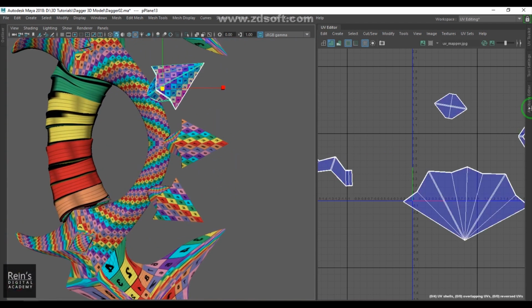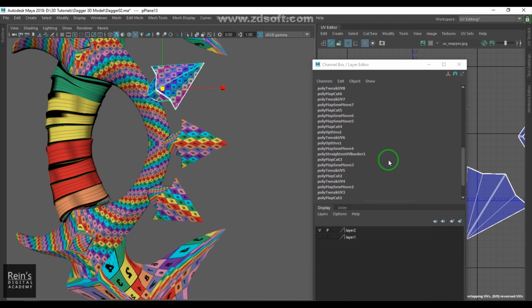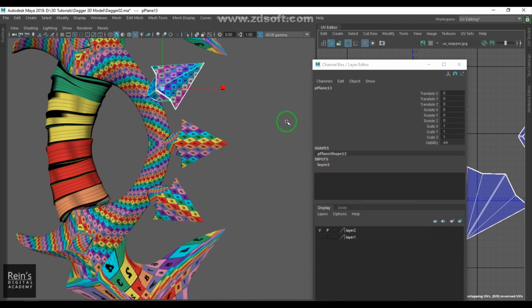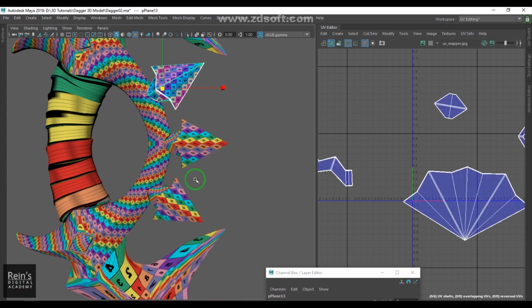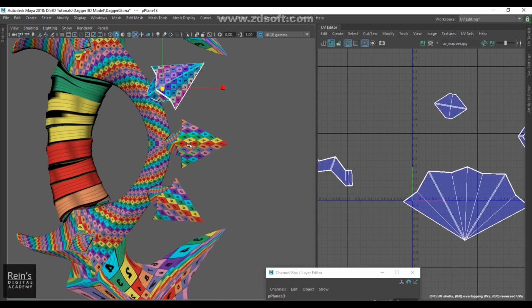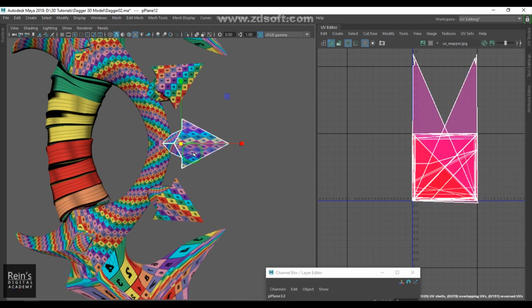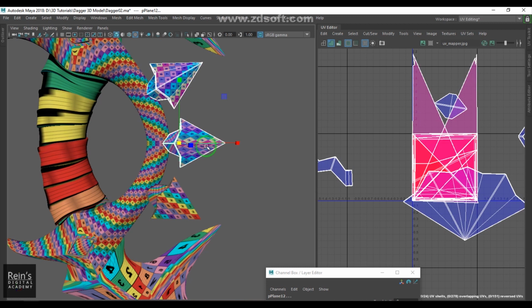So we have one object. Let me first open the channel box. Okay, we have a lot of history, so I am deleting the history of this object. Okay, you could see we have put a lot of effort into UV unwrapping this model, and to unwrap these 2 objects again you would need to spend similar time. So we have the same polygon model. I've just copied them. So what you need to do is select these 2 objects and then